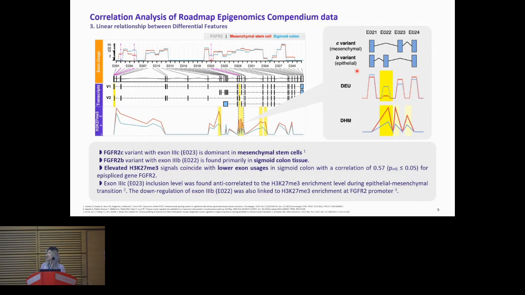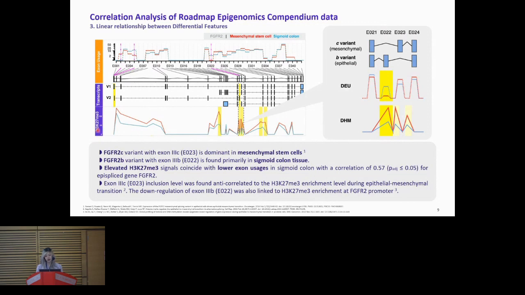But it's a little bit confusing here because we are using the flattened exon model. So the exon number we are referring to here is actually not the same as the one in the reference genome. Anyhow, like I said before, we look at the exon usage in 2 different conditions. These are mesenchymal cells and sigmoid colon, signified by 2 different lines of different colors,